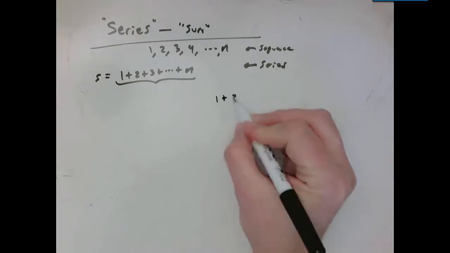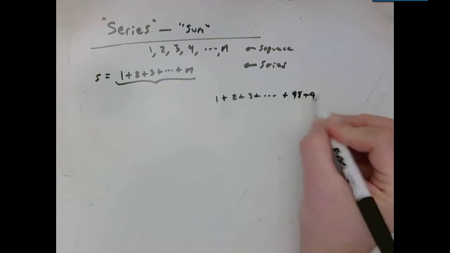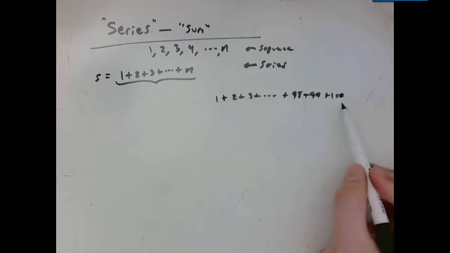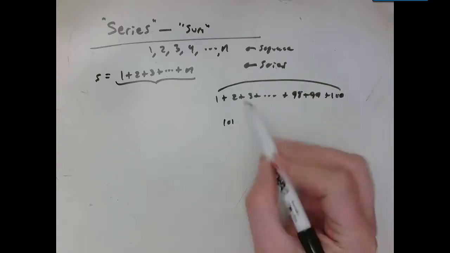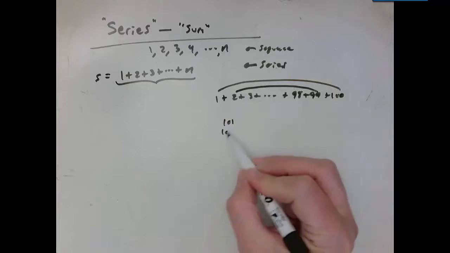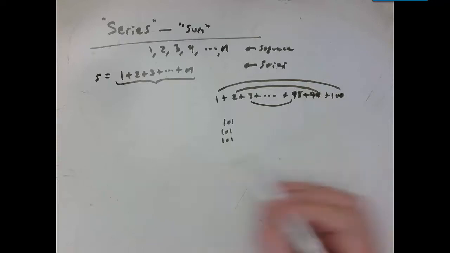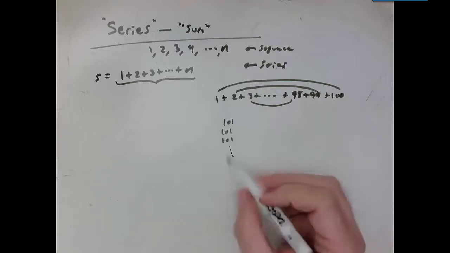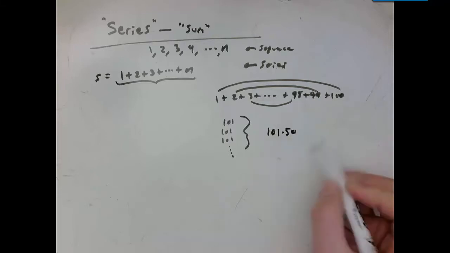So the way the story goes is he noticed this pattern. 98, 99, 100. So this is the sum he was being asked to do. Rather than just adding it straightforward this way, he noticed 1 plus 100 is 101. And 2 plus 99 is also 101. And 3 and 98 is also 101. And if you think about how many of these pairs there are, there's going to be 50 of those pairs. So 101 times 50